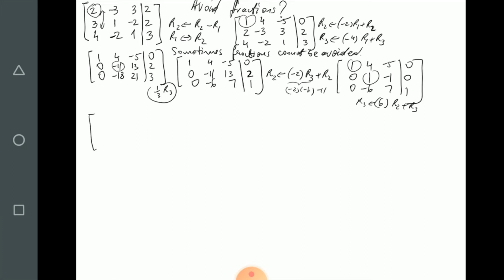So the new augmented matrix now is 0, 1, excuse me, 0, 0, right? So 6 times 1, minus 6, plus 7 is 1, and then minus 6 times 0 plus 1 is 1. Let's leave it at that. I was going to think about moving on to reduced row echelon form, but let's not make this longer than necessary. So this is the REF,